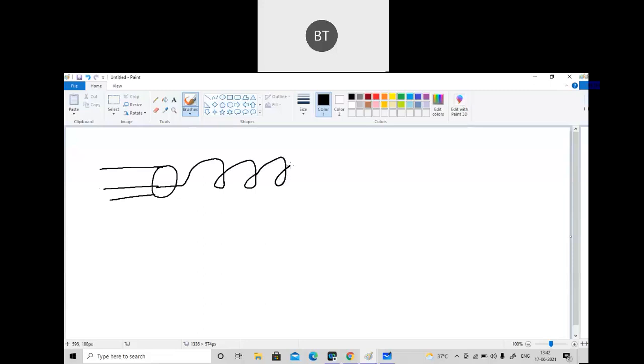So we will derive some formula and we will solve some numericals based on this helical antenna. Actually, this is the inner part, the inner conductor. This is the outer conductor, which is connected to the ground. I have told you this helical antenna is made of conductor and the wire is wound. So this is the outer conductor.